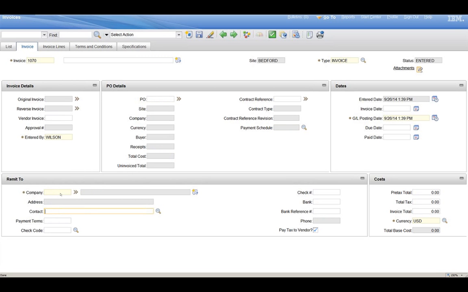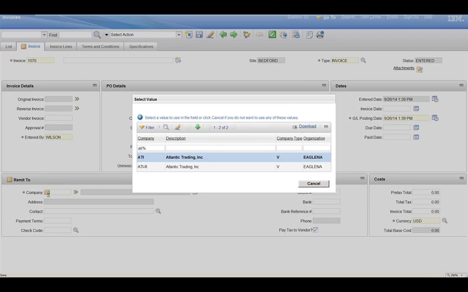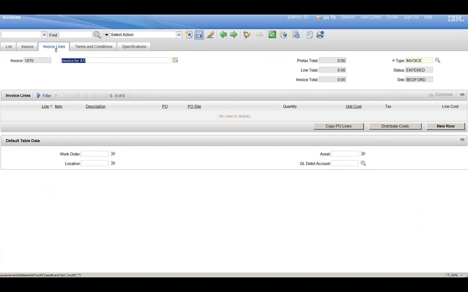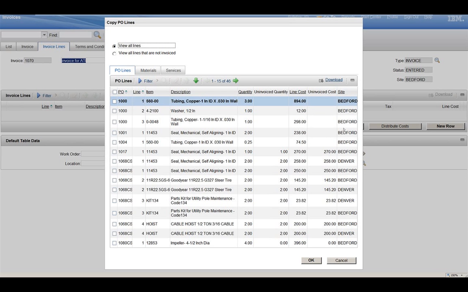things from the same supplier for multiple sites or multiple warehouses, they send you one centralized invoice somewhere, and you want to be able to just record the invoice in Maximo and then pull in from different POs, you can do that. You would come in and put the company, and then over here on the invoice line, I have the option to copy PO lines. And then what I can see is a snapshot of all of the POs from ATI, and I can see the uninvoiced quantity, cost,